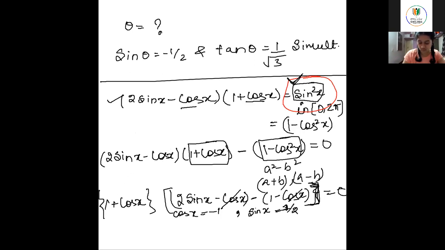Okay, so can I clear this? I'll give you one more question and then we'll move to type 2. Solve this question: 1 minus cos x quad x is equal to